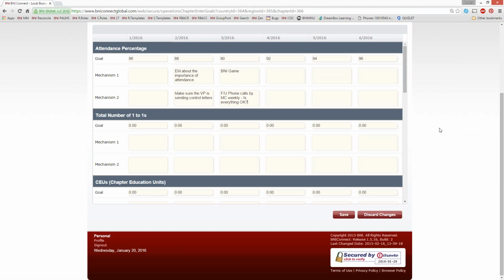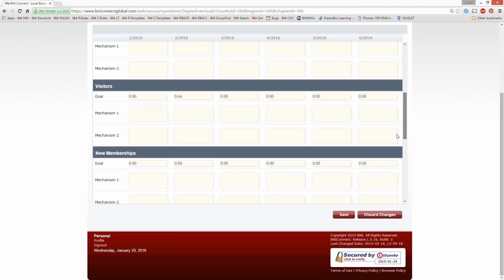Here's where it takes a twist as well. I don't recommend that you do this in order. I recommend that you go out of order, because so many of the rest of these are dependent on a couple of other ones. Here's the order that I recommend you go in. After you've got your attendance percentage down, one of the next most important things that you're going to need to decide, that will drive all of the rest of the numbers, is how big you want your chapter to be. How many members do you envision your chapter having?